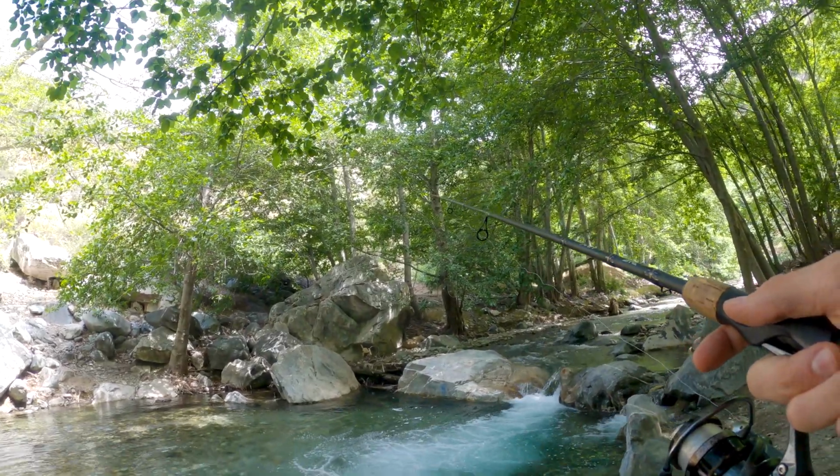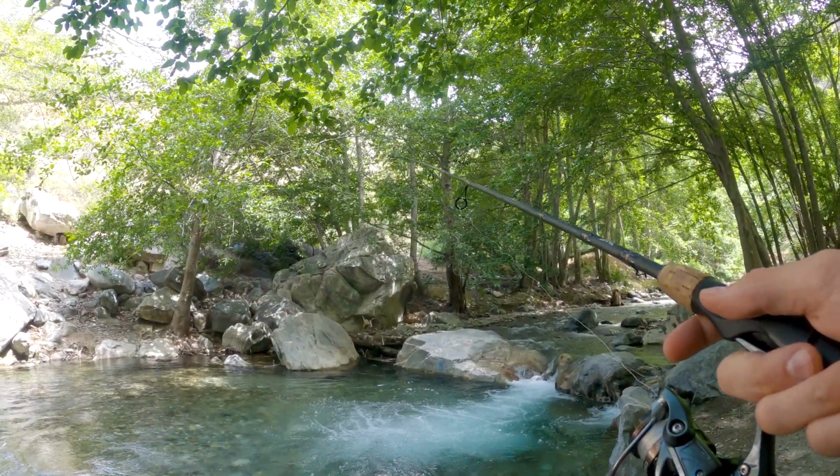Guys, did you see that? They are absolutely attacking my bobber. These fish are pecking at my fly, or I should say nymph. They're just pecking at it. Little peckers. Let's go find another spot. But before we go, actually,